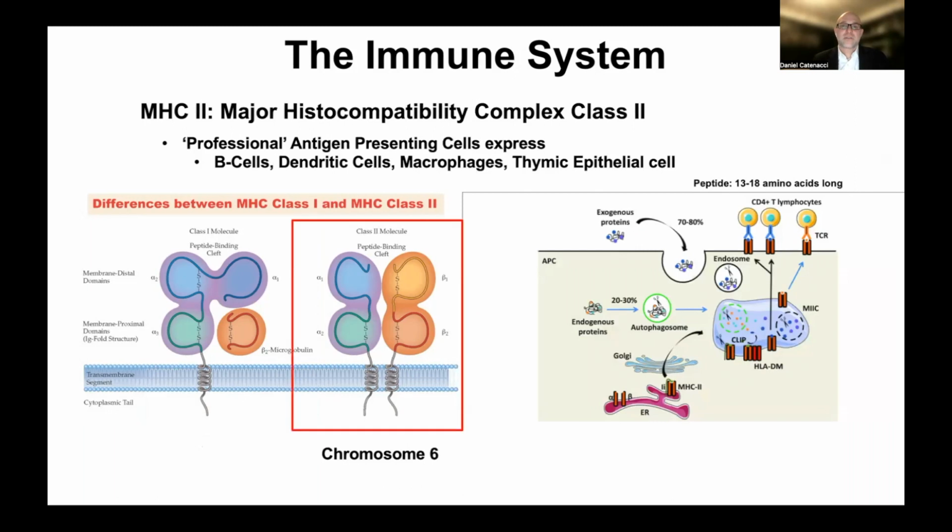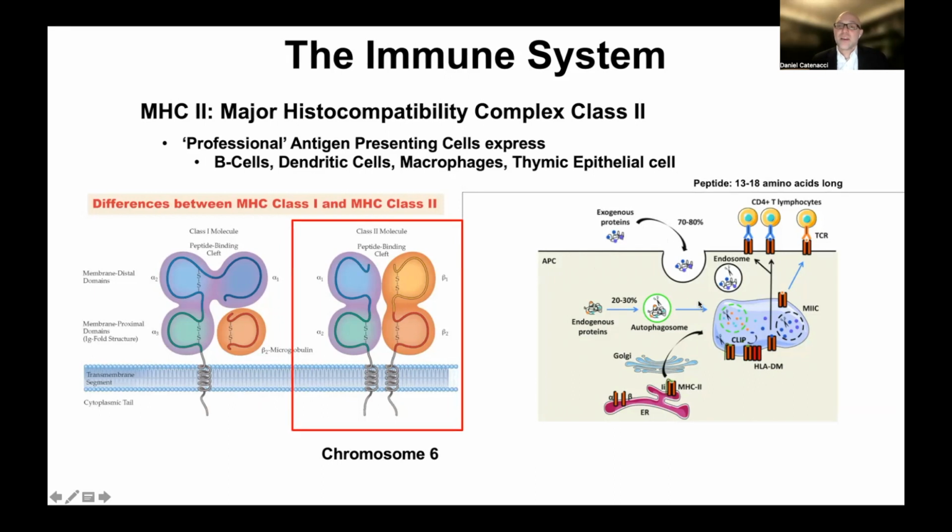The other, class 2 MHC molecule, is also two different genes on chromosome 6 that come together as two components, an alpha and a beta component, and together they form a specific peptide binding cleft. As opposed to the class 1 length of amino acids, which is usually around 7 or so amino acids in terms of peptide length, this cleft will accommodate a peptide length of around 13 to 18 amino acids. And so again, remember, this pathway of class 2 looks at the outside of cells and internalizes